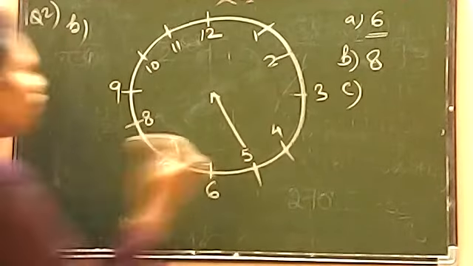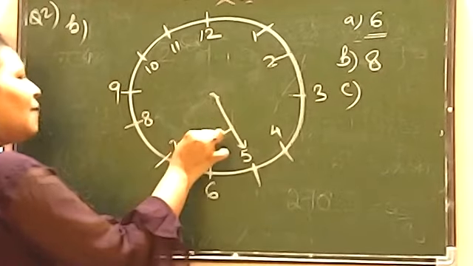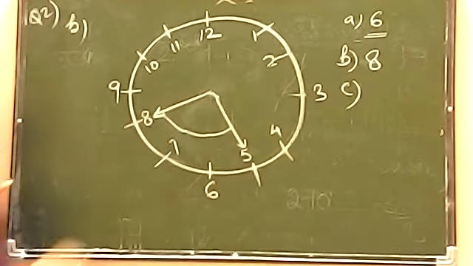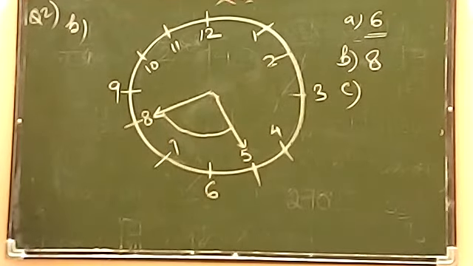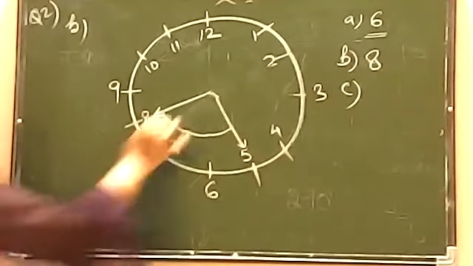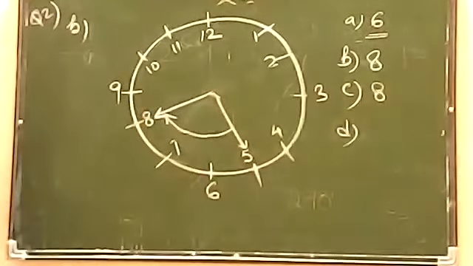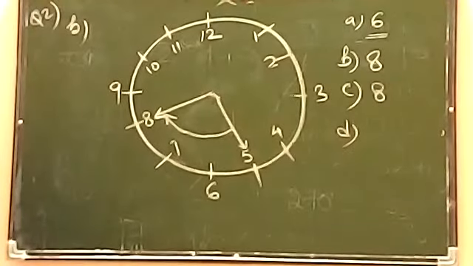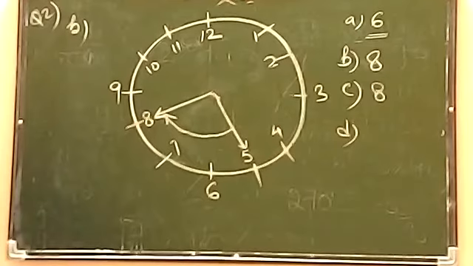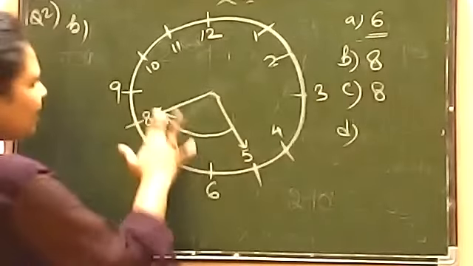So let us count clockwise. We will rotate from here only. So this is 1 step, 2 steps and 3 steps. Now we will come to 8. 5 plus 3 is 8. So we will reach 8 only. So our answer is 8 in C. Now let's move on to D. What is it telling in D? You have to start at 5 and make 3 by 4 of revolution clockwise. So let's carry this question forward, beta.